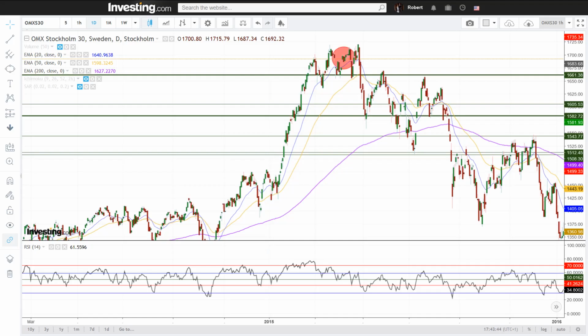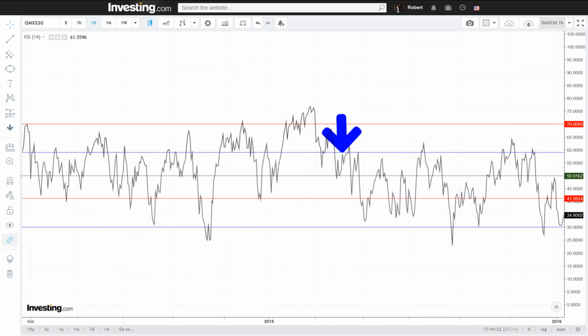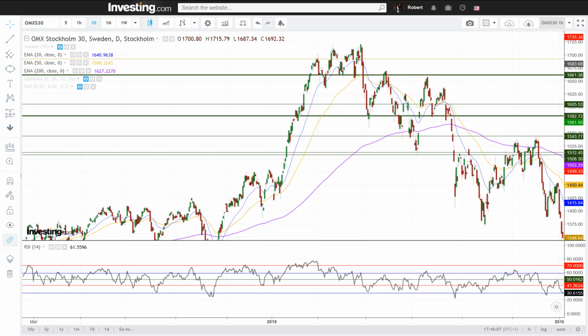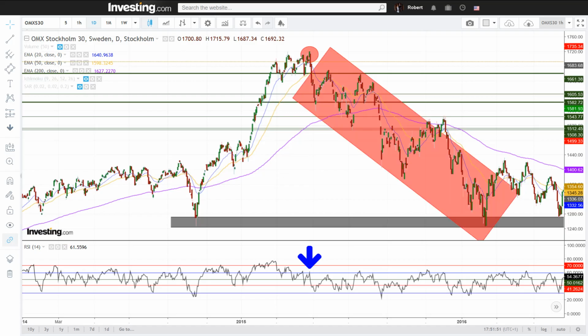Now, on April 7, we got a sell or short signal. This one was quickly stopped out a week later as both the RSI closed above the upper bearish blue as well as the price closing 0.77% higher than the entry point. But soon enough, we got ourselves a new short entry point, this time on April 27th at the very local high of 1720, which was also the absolute all-time high of the entire local market cycle. The very day after, the price rolled over and eventually bottomed out at 1240 for a minus 28% decline.